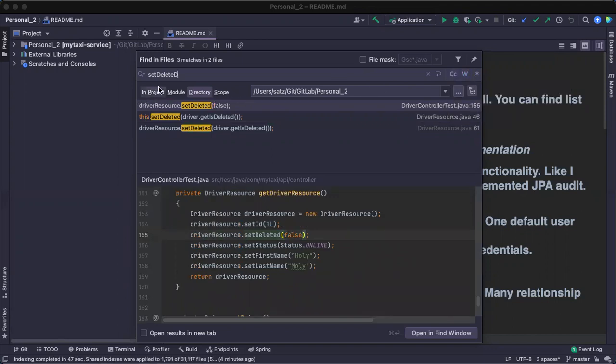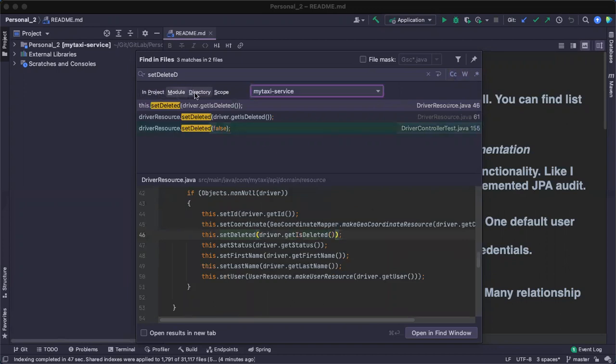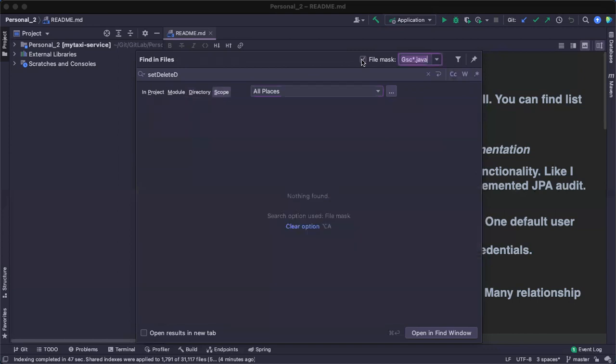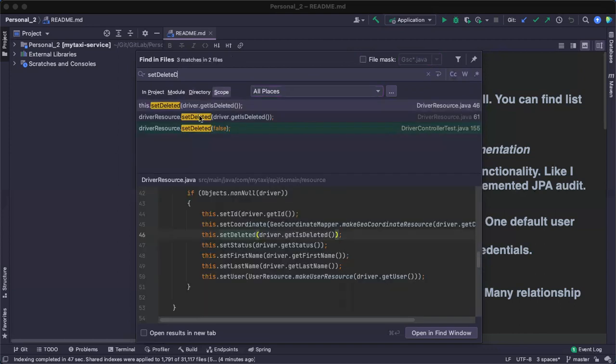And again, here we have a project module, a directory scope. This is also available in STS, but for everything you have to select and hit enter, then it will do the searching and give the answer. But here everything is kind of a runtime value. And even file masking is also there, similar to STS. But this is very useful in IntelliJ compared with STS. Very handy.